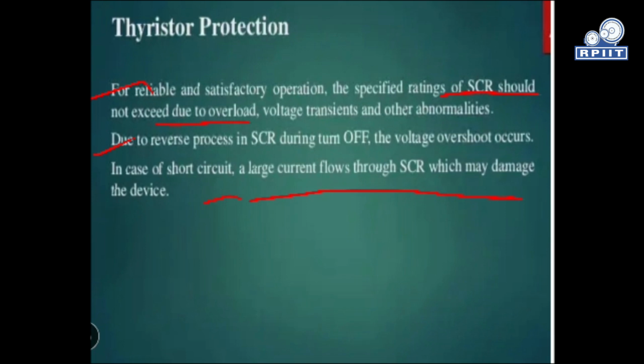Because we know that when we turn on the thyristors, there is also some temperature increase in the junction, which is also known as thermal triggering. During thermal triggering, over change in voltage triggering, and so on, the number of triggerings we have already discussed, the voltage overshoots at that point, and due to that a short circuit may occur and a large current will flow through the circuit and it will get damaged. So we have to protect the device at that particular time.